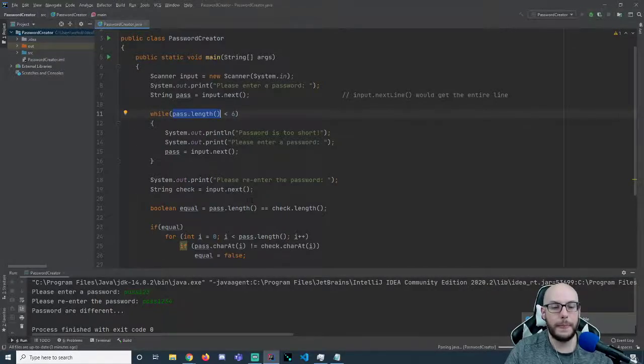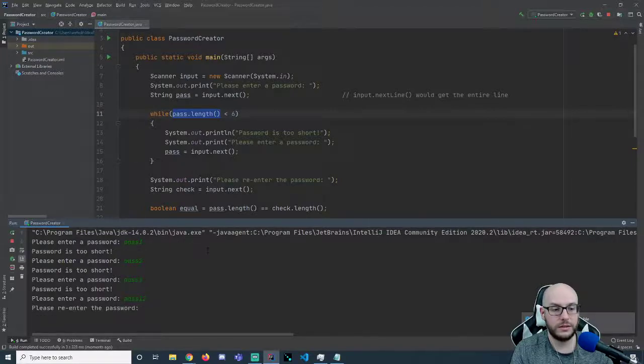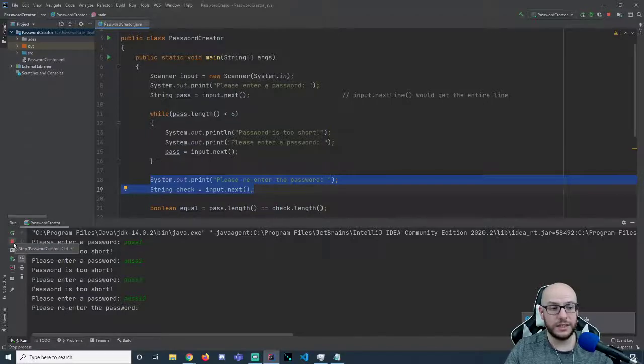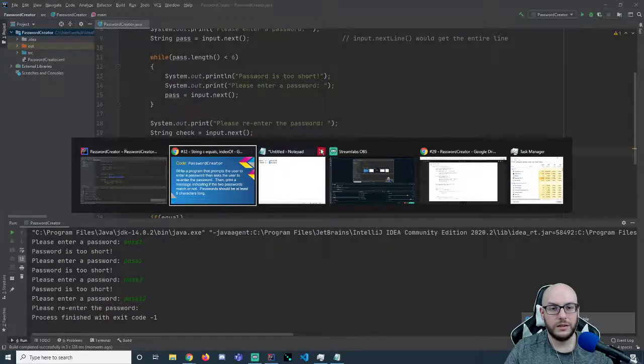I'm going to tell it to run. We're going to have, how about pass 1? Pass is too short. Please re-enter the password. Pass 2. Still too short. The moment that I enter at least 6 characters, it asks for me to re-enter the password. We're now at this point. Okay. You could validate check to make sure it is at least 6, but there's really no reason to. As long as pass is a valid length, we'll do a check here and figure it out. All right. So